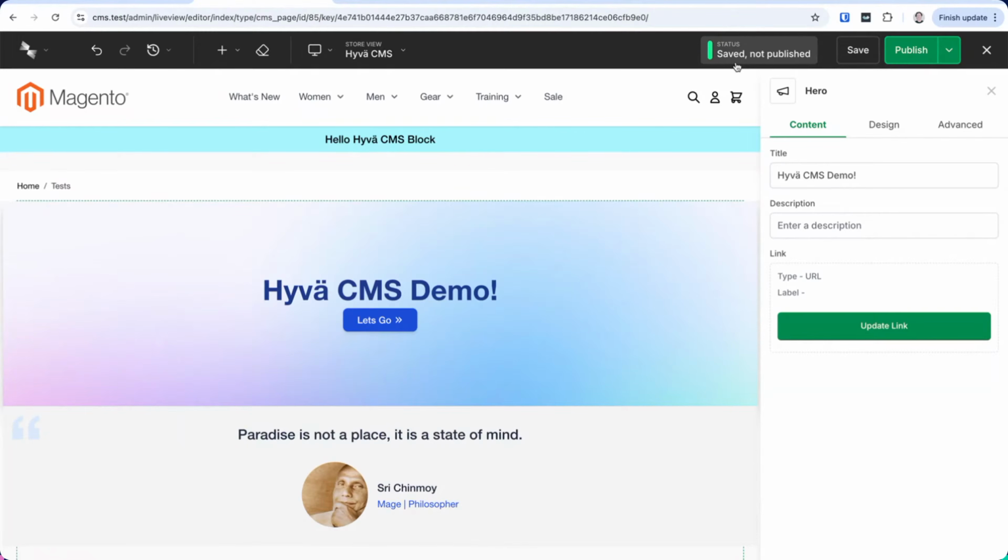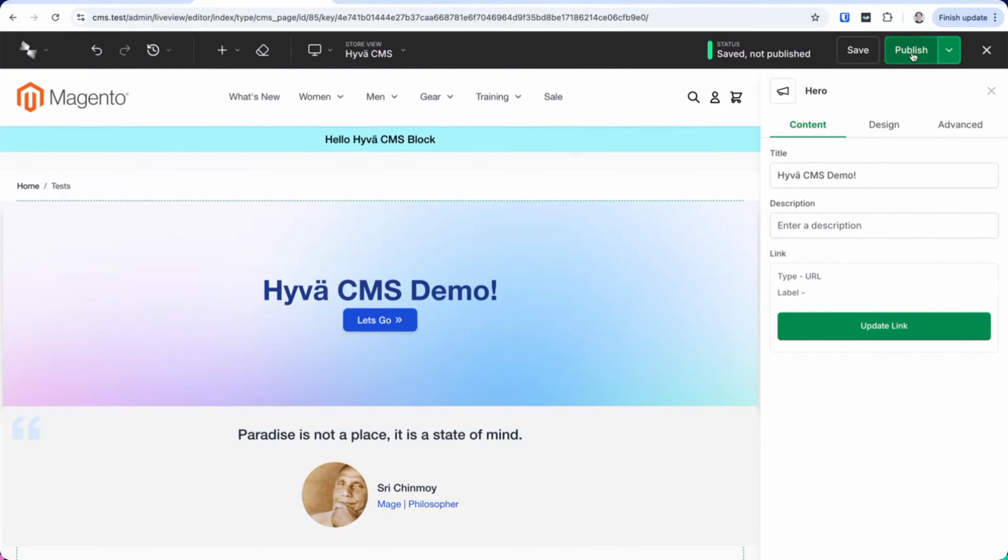For me, merchants will often say, I was working on a page for ages. I was waiting for the images to come in. And then before I hit save, I got logged out and I lost all my work. How can I get it back? Well, that's solved here because we have a saved draft version and a published version.